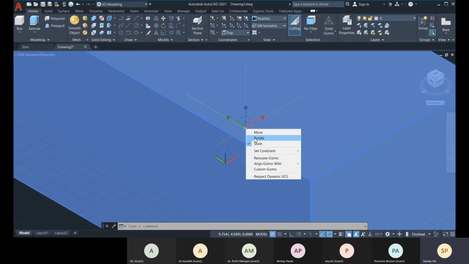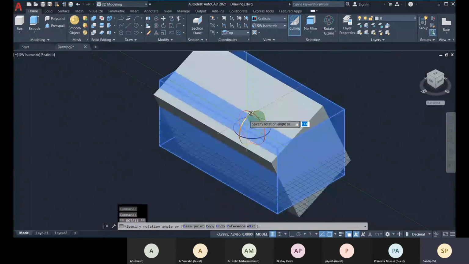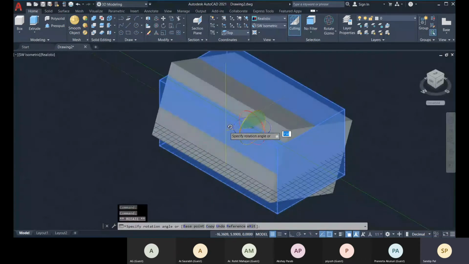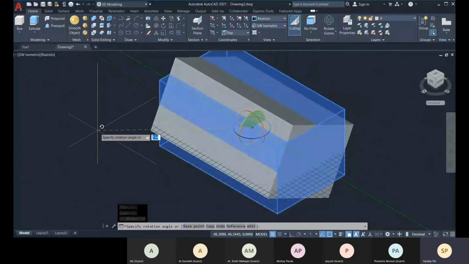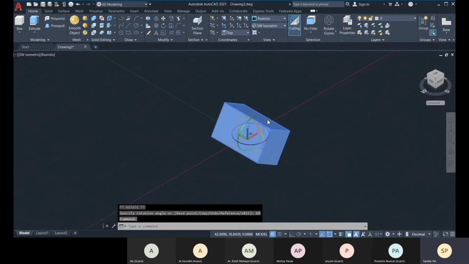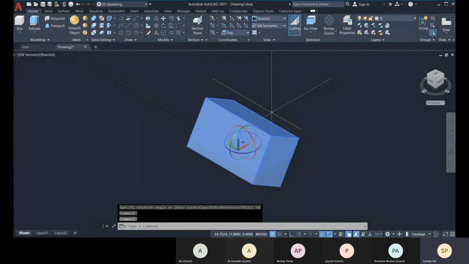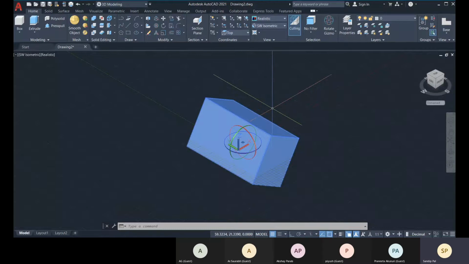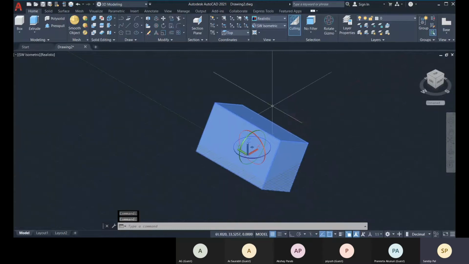Okay, so let's choose rotate, and let me show you with this rotate. So here you can see, when this dynamic input is on, on this screen you get this box, there you can put the value 60, enter, and it will be rotated. Obviously the rotation default is anti-clockwise, that is the positive angle direction. Okay,